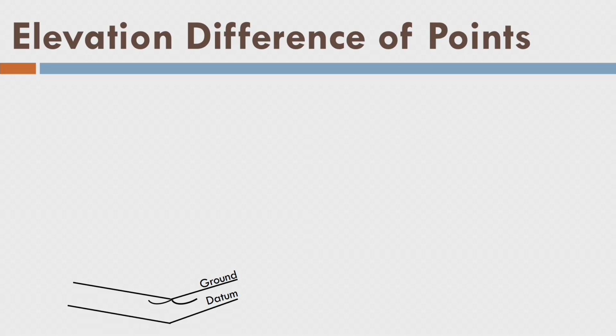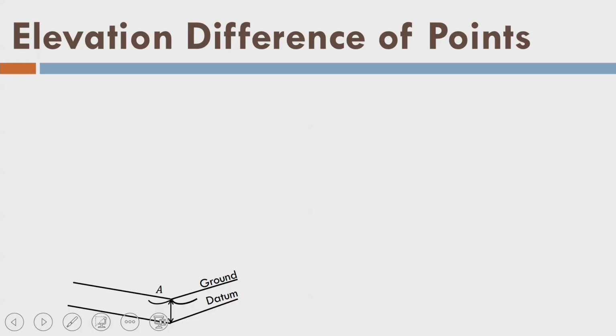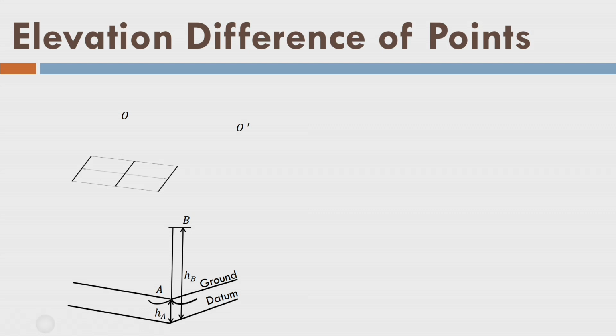Now, I want to find out the elevation difference of 2 points. I have already shown you how to calculate the elevation of a point. Now I want to find the elevation difference, and there is an advantage that we will see now. Let us say there is a datum and there is a ground and there is a point A which has height HA above datum. Now point B is there, which is exactly above A, and this has height HB. O is the exposure station, and this is my image. There is another exposure station O dash, and this is another image, which we call consecutively captured images.